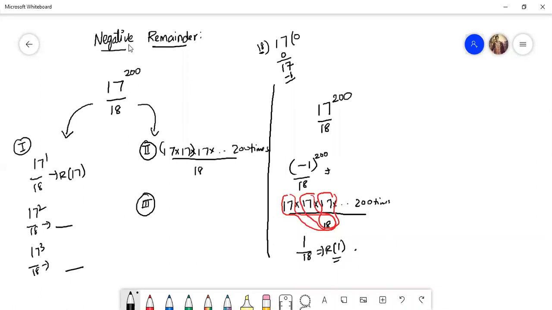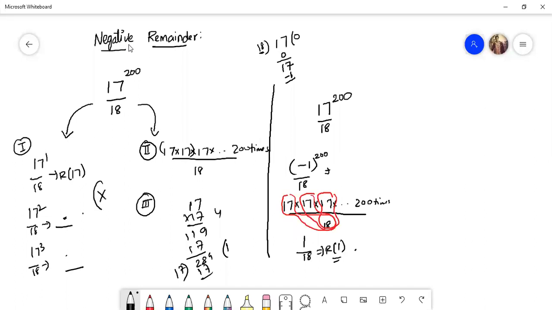Look at the same question from the other two methods. Look at the first method, 17 power 1 by 18, then 17 square. Nobody knows 17 square, so I should sit and calculate what 17 square is. 17 times 17: 7 sevens are 49, 9, 4, 11, 7, 1. So I have 289. Again, I should divide this value by 18. 18 ones are 18. Find the remainder in the second case. If it is not favoring us, again go for the third one, find 17 cube and continue.